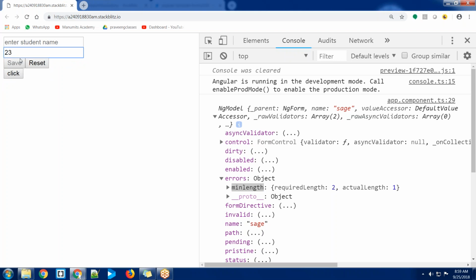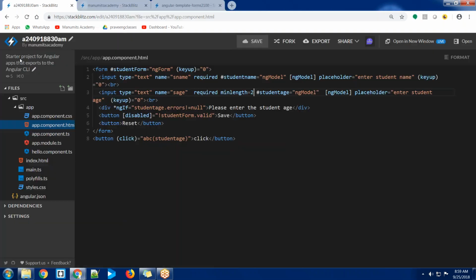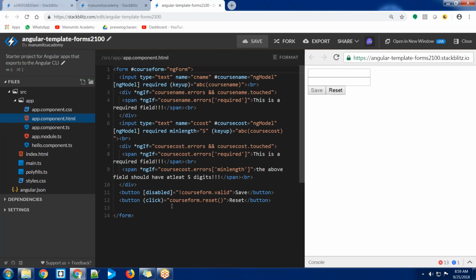As soon as I feel you guys are getting it, I immediately shift into the next point. So hopefully you understood how to handle the errors by using template forms. Okay, the same way you have a reset button, where when we click on the reset button,